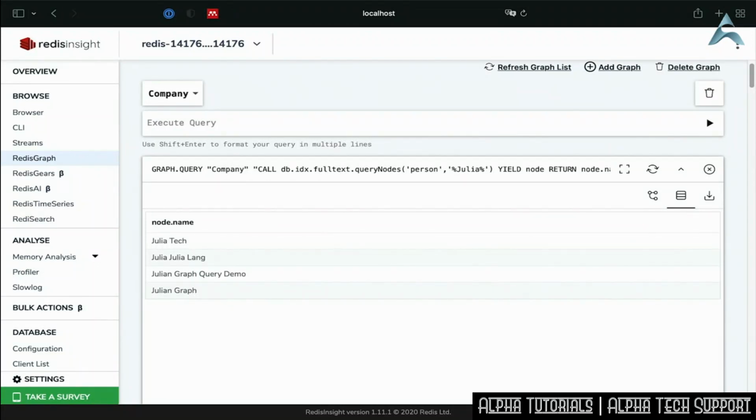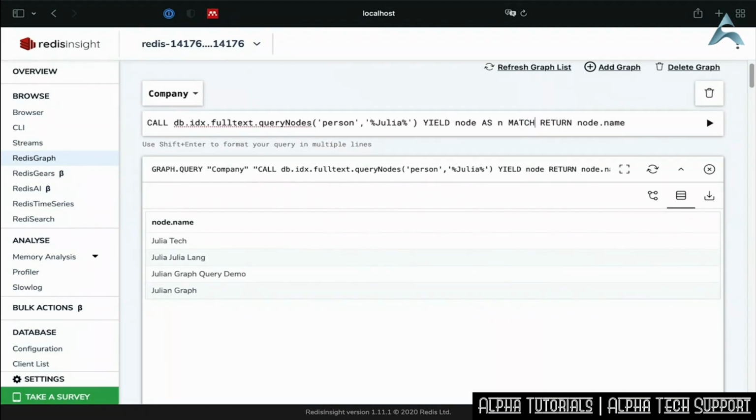We can indeed do this by first finding the Julia vertices using full-text search, and then secondly, hop out of those vertices using the role edges. Just like the last query, we copy-paste the previous line, but just after yield, the answer, we want to change to